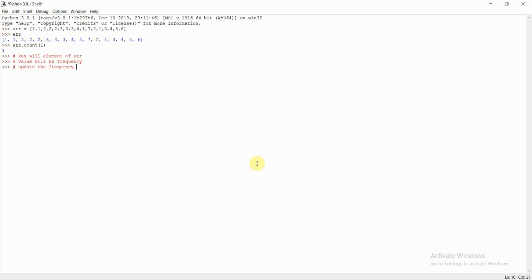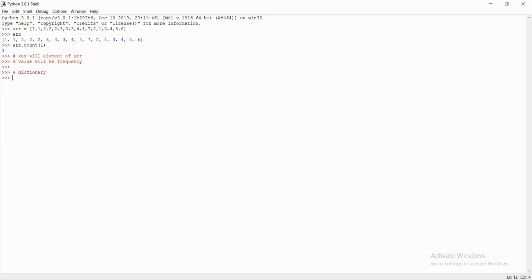So you need to define this when you traverse the array. This is your array. You need to define a data structure, and I'm giving you a hint that you need to define a dictionary. So the dictionary is the data structure you are going to use. Basically the key will be the element of the array and the value will be the frequency. You need to define it in such a way. You can think on this problem, because it is very necessary for us to think on the